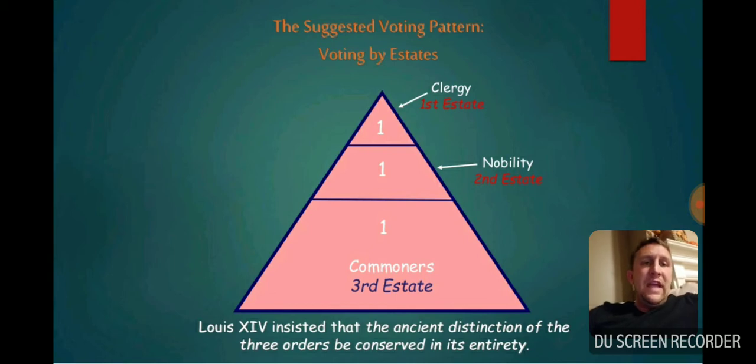Each estate only had one vote, which means if the third estate proposes the change in the government that would force the first and second estate to pay the taille, the clergy and the nobility would always outvote them 2-1. So then the change